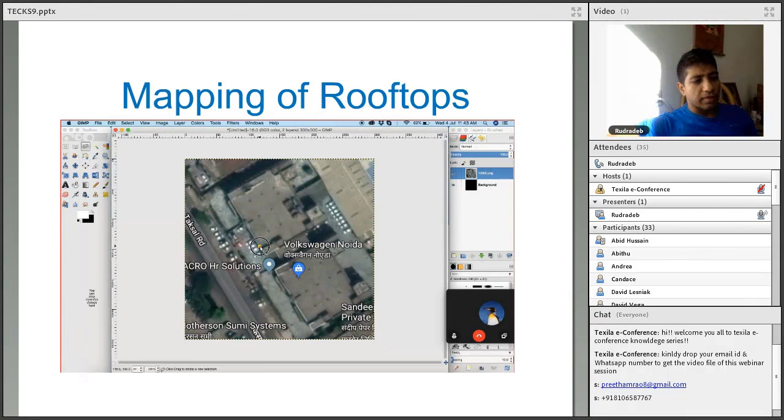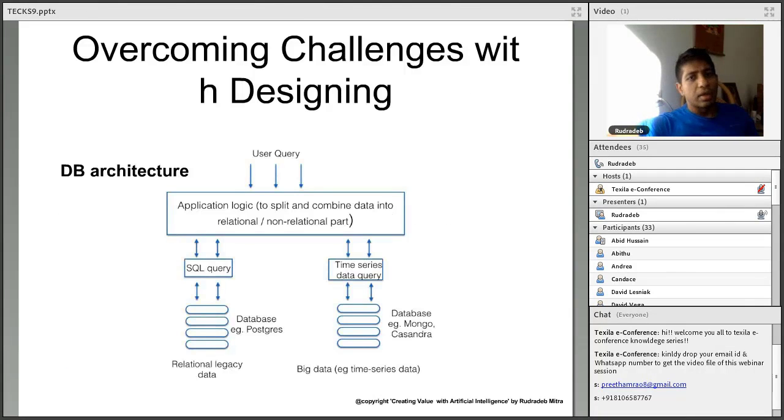So that's the data gathering part, right? The second thing I want to talk about is when you're actually building a system: one of the challenges comes with architecture. Often a lot of this machine learning generates a lot of data. Not every use case, but many. What you end up doing is creating two kinds of databases.